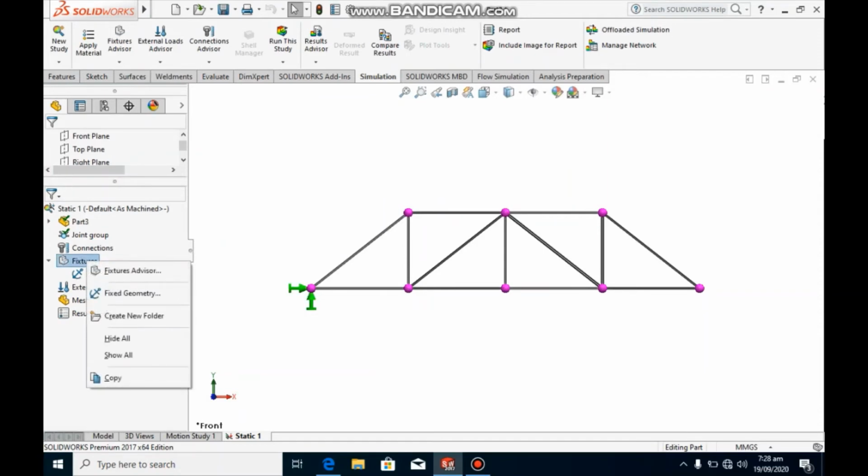This joint is basically a roller joint that allows a translation in one direction. In our case it allows translation in X direction but restricts translation in Y and Z direction.